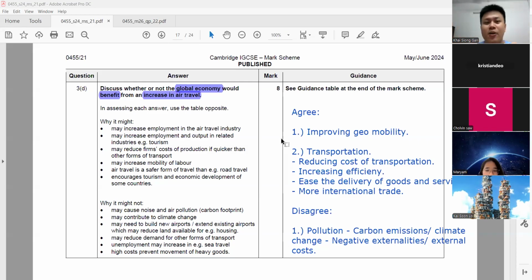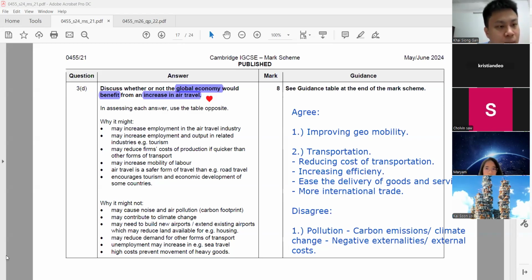That one is too far because my question is asking you the impacts of an increase in air travel. Increase in air travel. So therefore, the explanation is the thing that you want to work on. That's why, Kaisun, my tip is whenever you answer the question, always look back at the question, see if you're answering or not. So therefore, the answers are here. You can take some answers here.